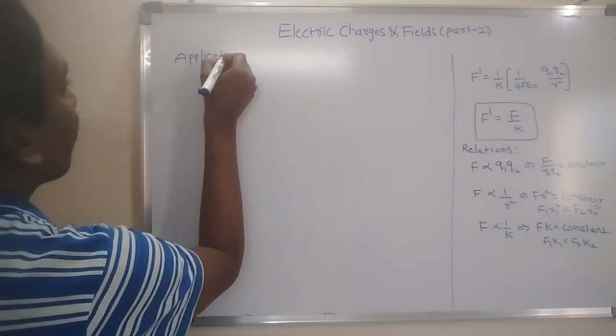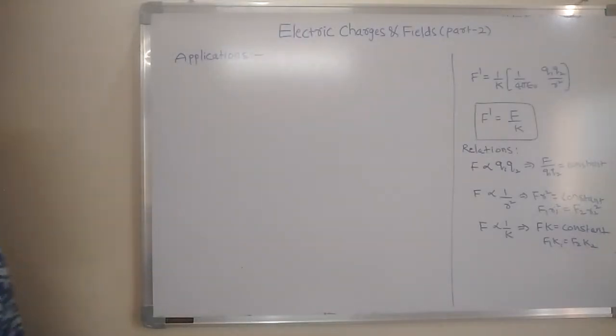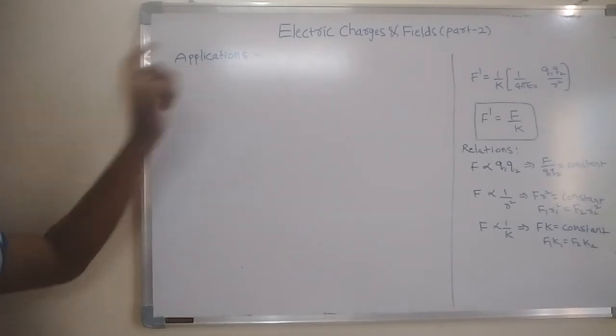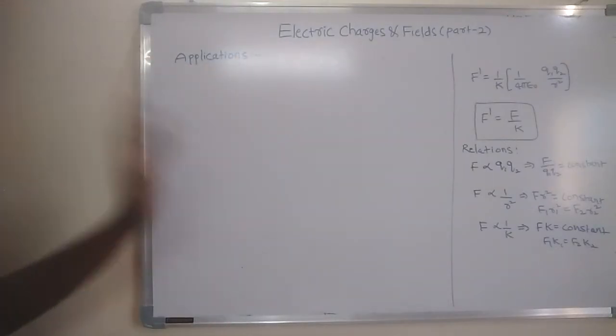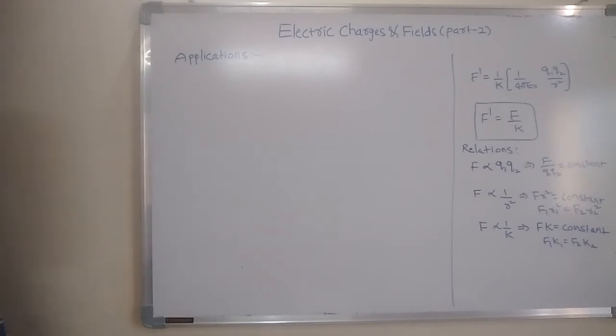Very important for all objective type exams. This application of Coulomb's inverse square law is one of the expected topics in this lesson. Different questions and previously repeated models on Coulomb's inverse square law are asked on these applications. That's why you must concentrate on this application. If you know the concept of Coulomb's inverse square law and then concentrate on this application, then you can very easily attempt each and every question.